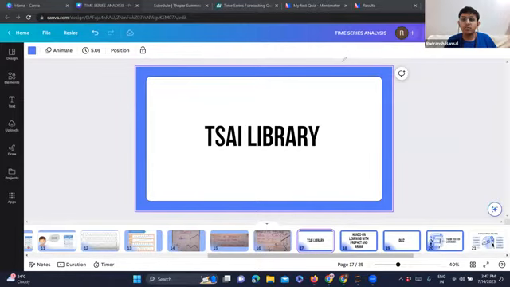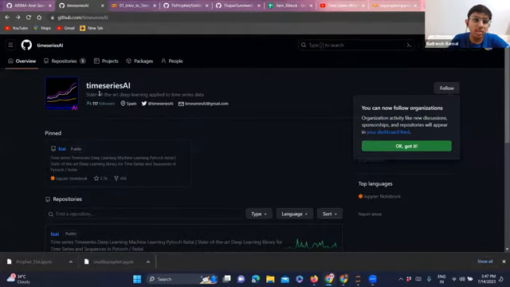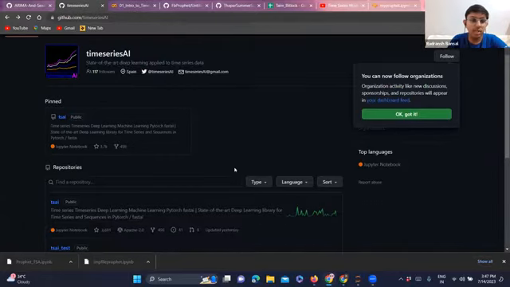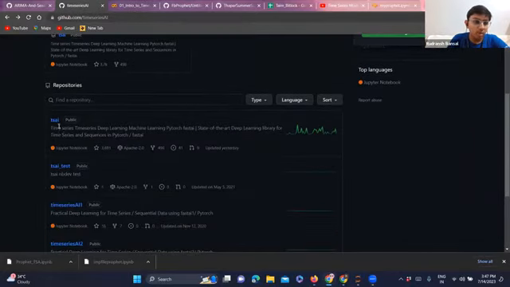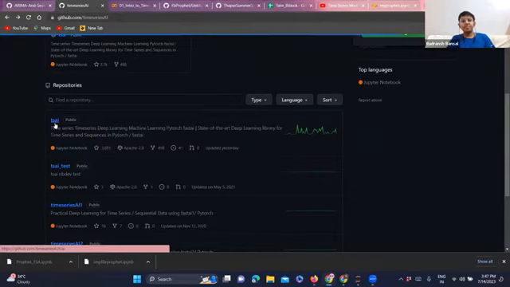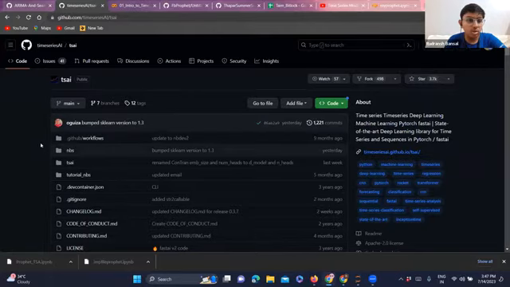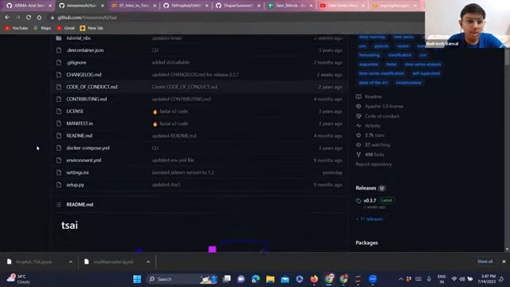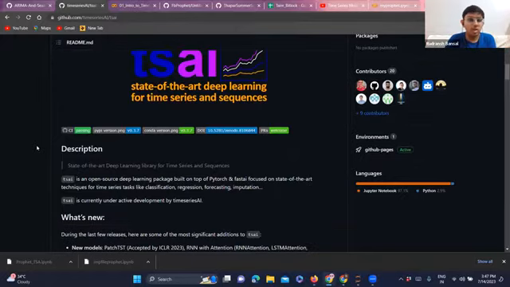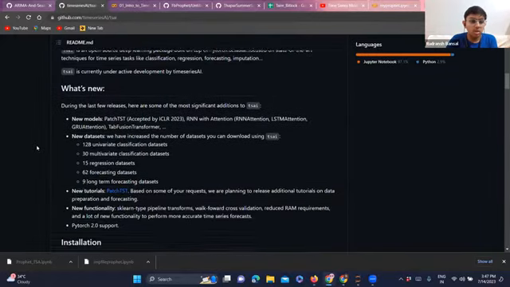So the slide, if that is open, we'll go to the TSAI library. Okay. So this is the time series AI library, the state of the art deep learning applied to time series data. It is made by Ignacio Oguiza.